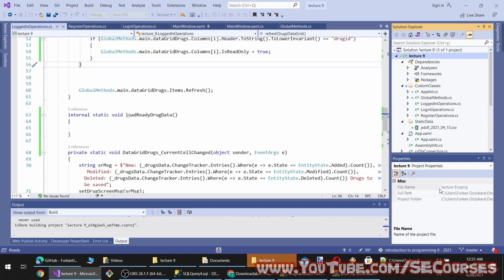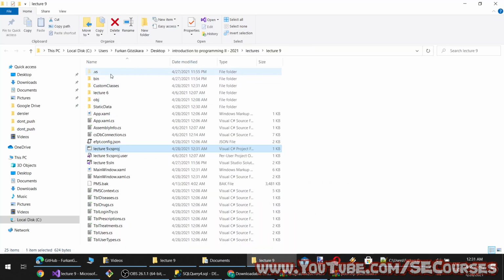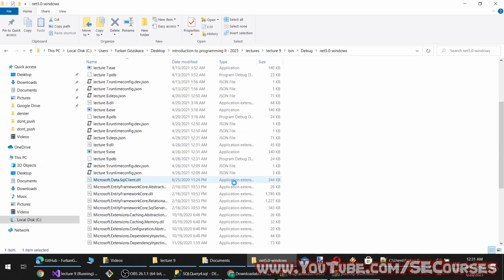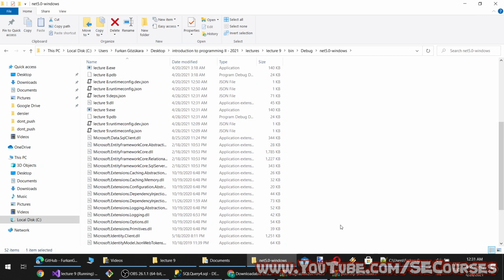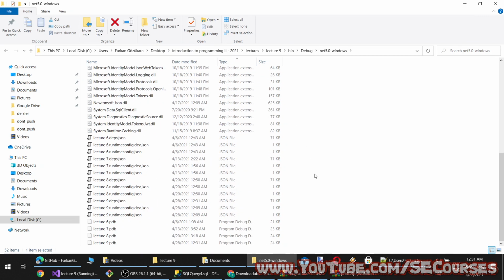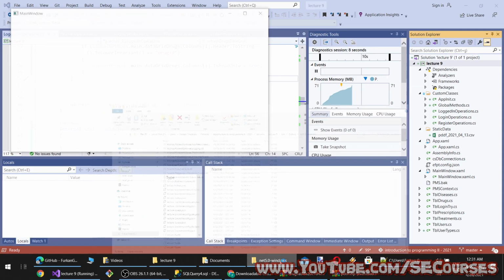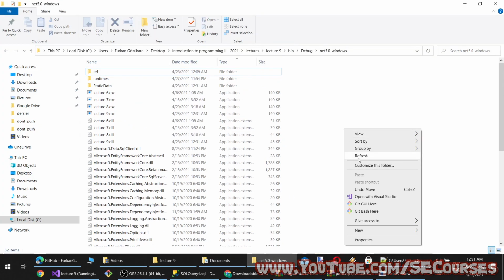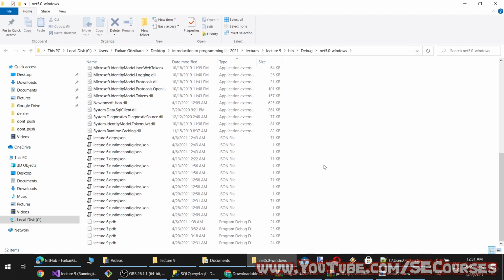That build action makes a lot of difference about how that will be treated. And do we see it here? Type no. Okay, let's recheck. Yes, it is not copied.